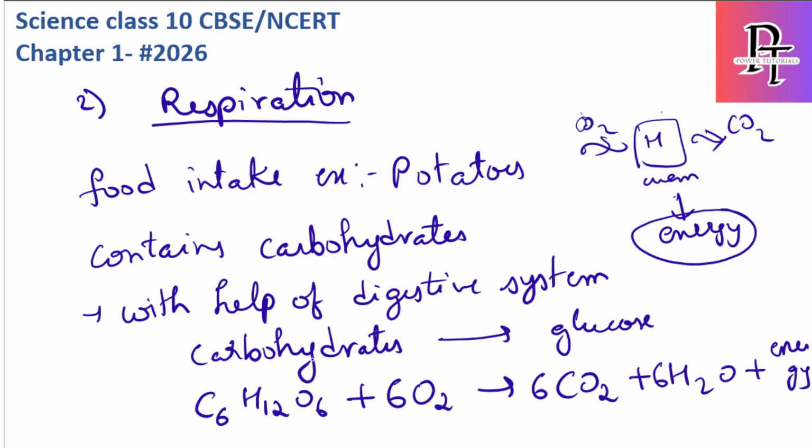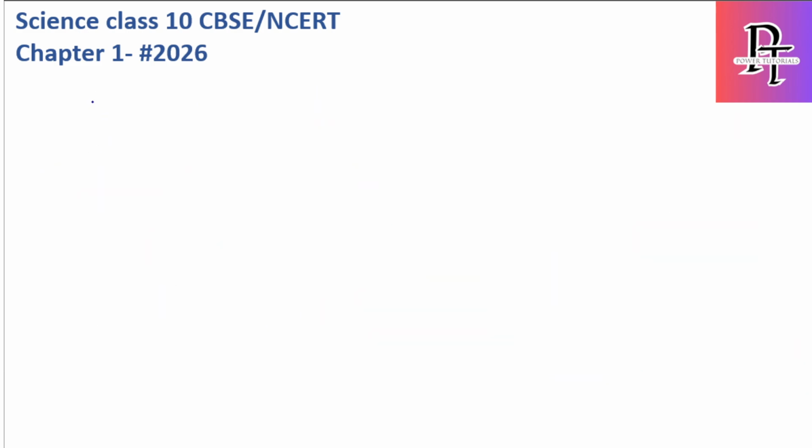So this is an example of an exothermic reaction. Why? Because in the conversion of glucose and oxygen, at the same time energy is also getting released, and this will be utilized by the body. This is glucose, this is oxygen, carbon dioxide, water, I think everyone knows this. Okay, this is the second example of an exothermic reaction. We have one more example of an exothermic reaction,